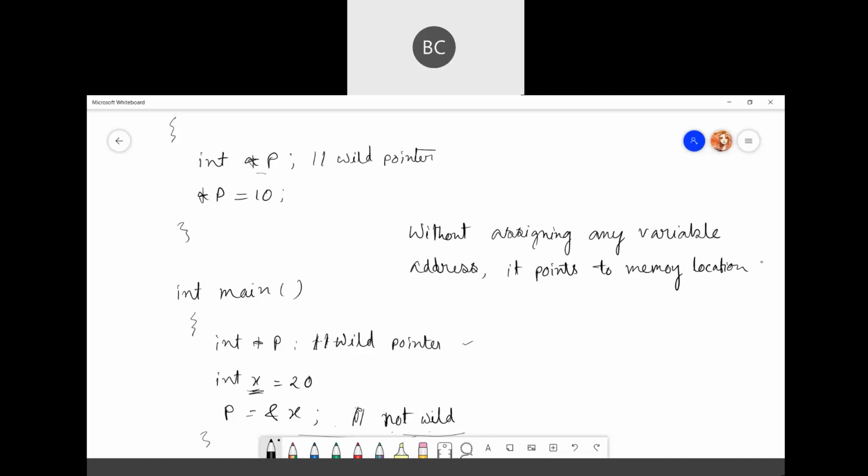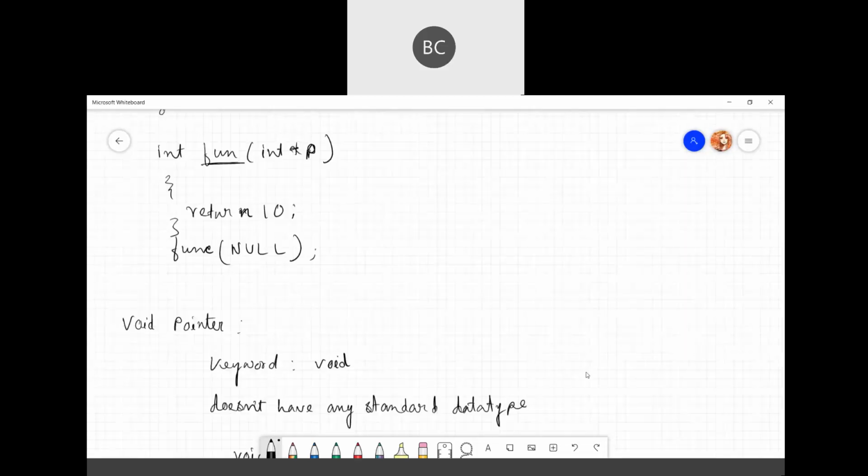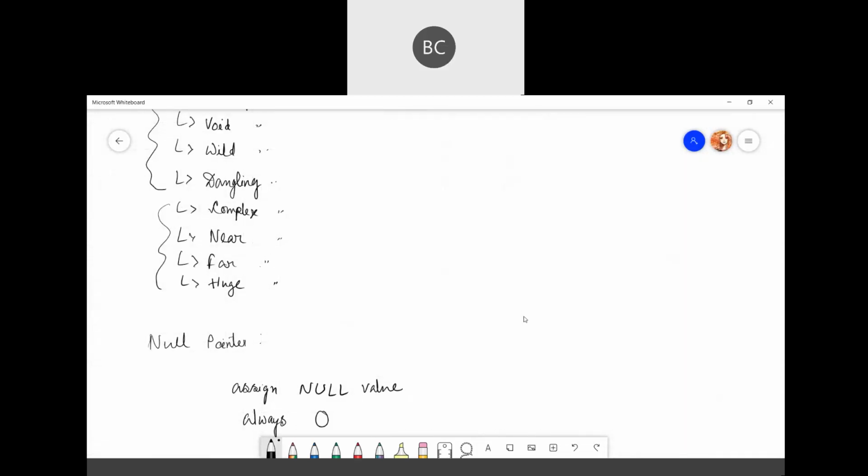So these are the four types. The rest you can just look up. I can give you a hint about near and far pointers. A near pointer basically utilized a bit address up to 16 bits, and a far pointer is a typical 32-bit pointer that can access memory outside the current segment.